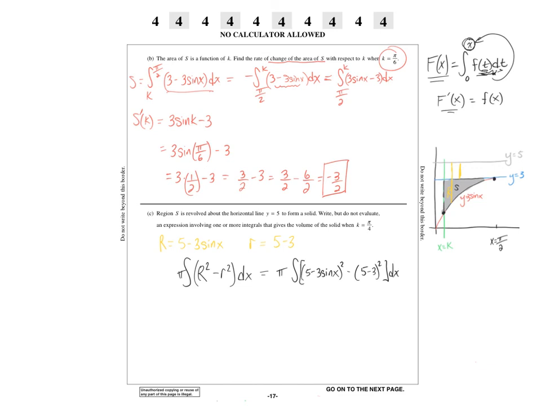And it says write, but not evaluate, an expression involving one or more integrals that gives the volume when k is pi over 4. So if we draw